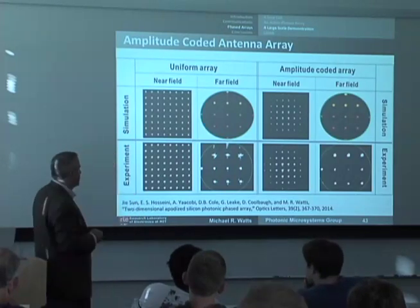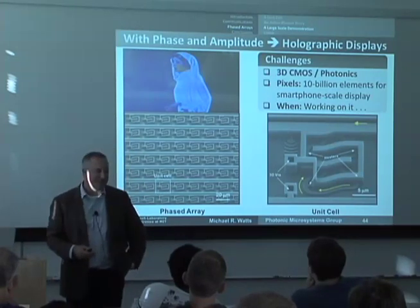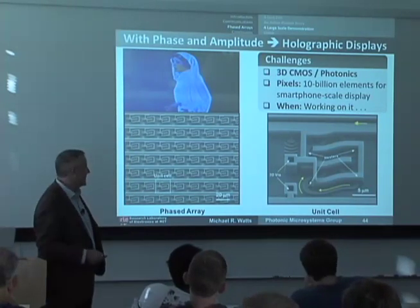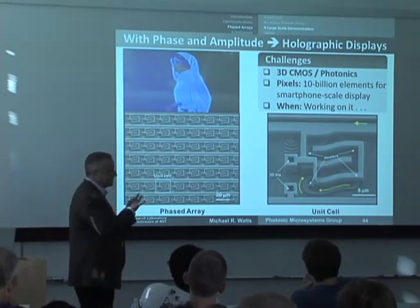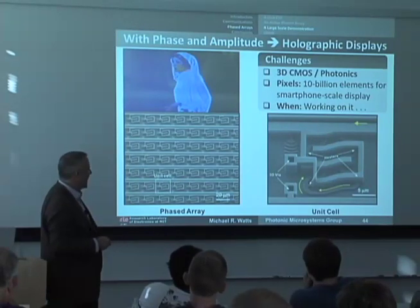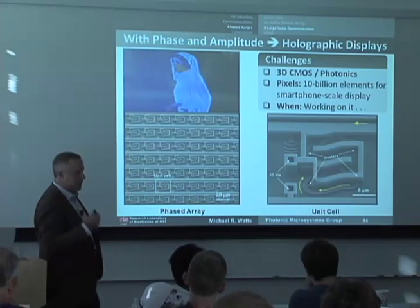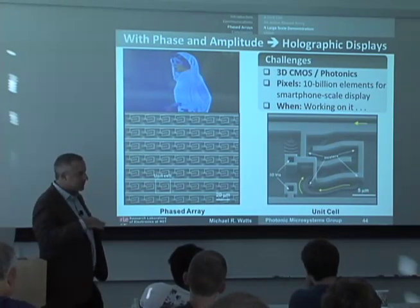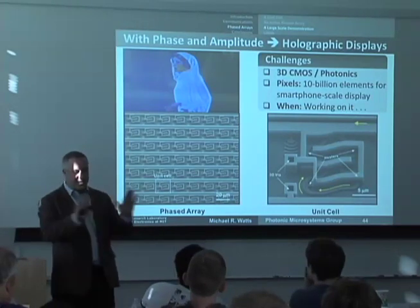So the question is, when am I going to have my Princess Leia emitting R2-D2? And of course that's kind of far out. But actually, it is something in a way. It's obviously not going to look like an emitted Princess Leia, but it is something that we are working on in the infrared. So we are hooking up our phase shifters to 3D integrated CMOS. And in fact, to make it active,